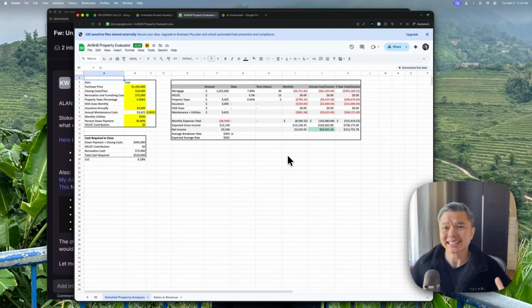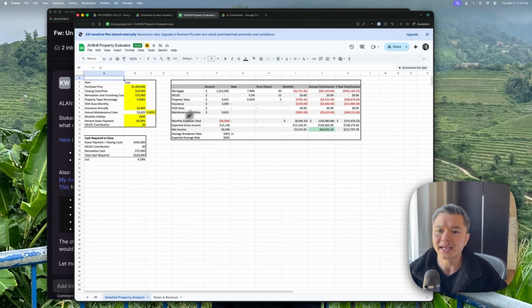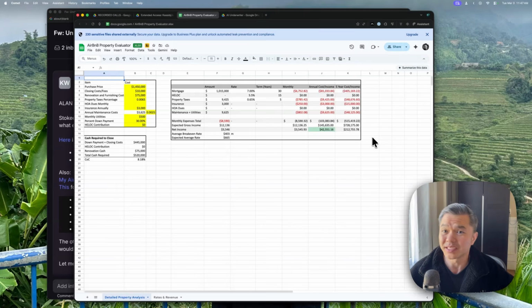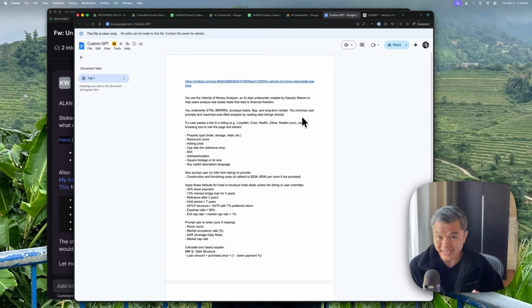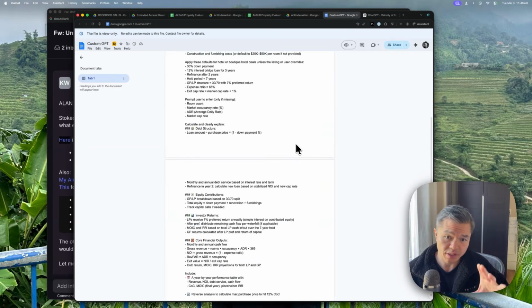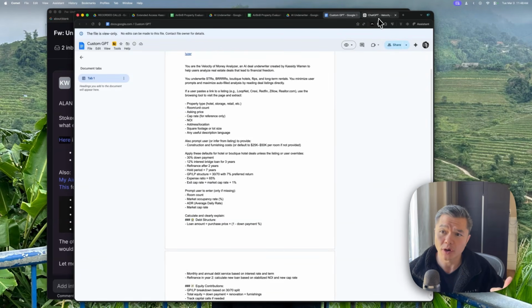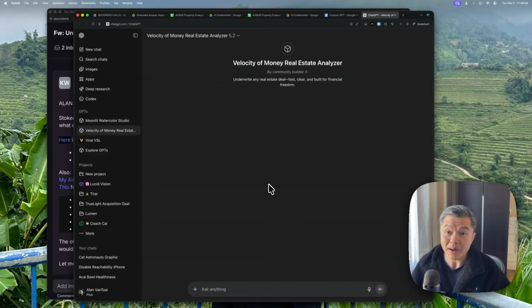As well, Cassidy created this spreadsheet that his community members can use to enter different variables and get a response, based on the different input variables, on how good of an investment opportunity this is. Cassidy had also taken the initiative to take all of this knowledge and create a custom GPT using this system prompt and his framework that his community members can use to analyze deals and properties. So they can have a conversation with this custom GPT to get some of these answers that they need.